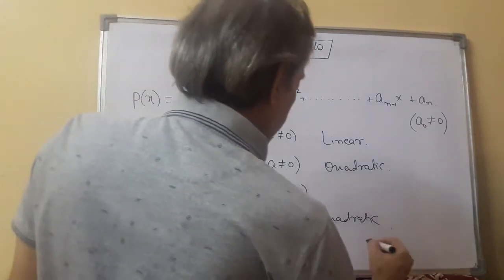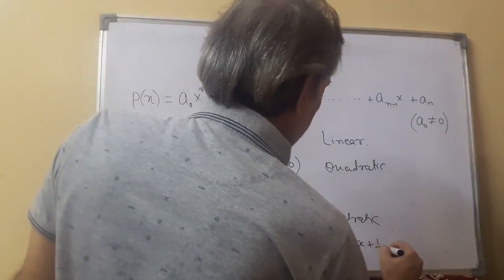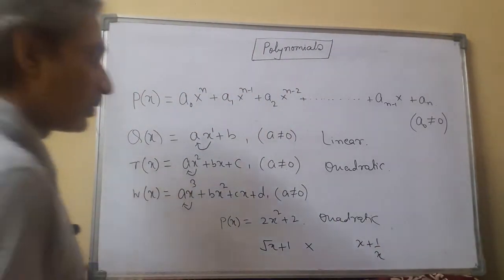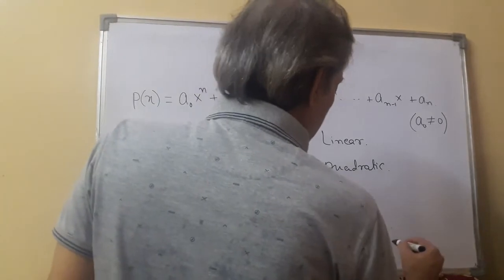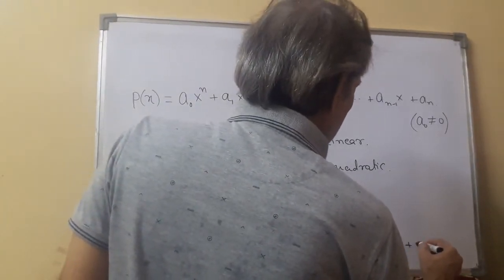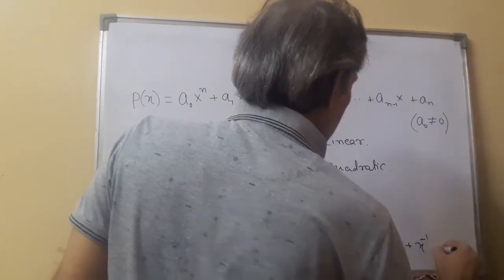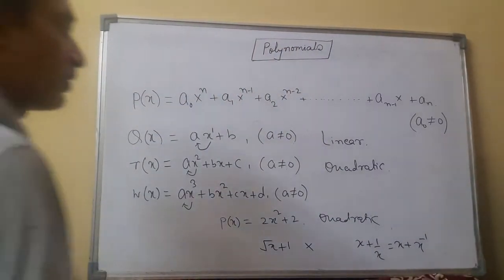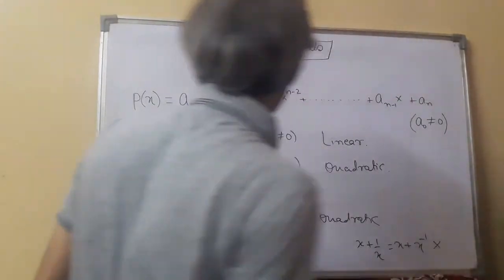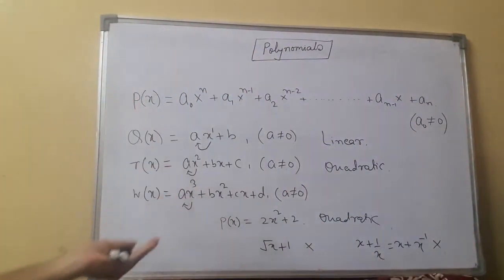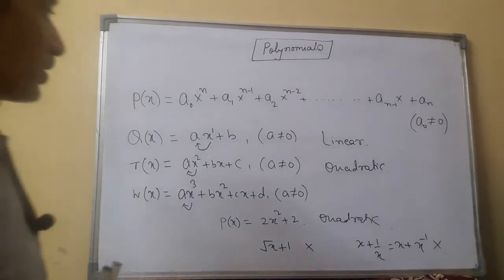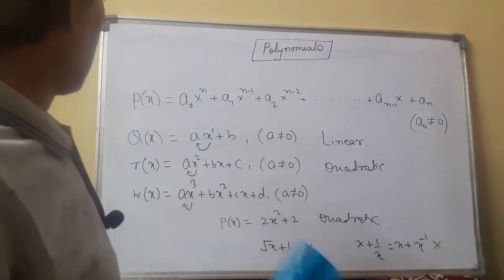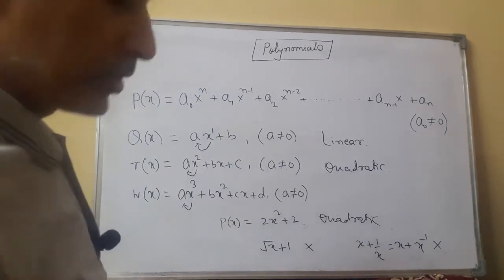Like this, x plus 1 by x, is it a polynomial? Answer is no. In the next second term, take it to the numerator. The power of x is -1 and -1 is not a whole number and therefore it is not a polynomial. ये तो polynomial है ही नहीं, तो बाकी linear, quadratic, cubic का तो प्रश्न नहीं उठता. So I think you have understood the degree, linear, quadratic, these concepts.